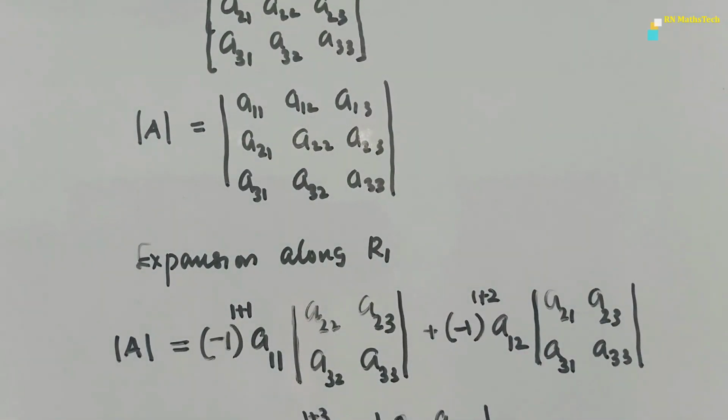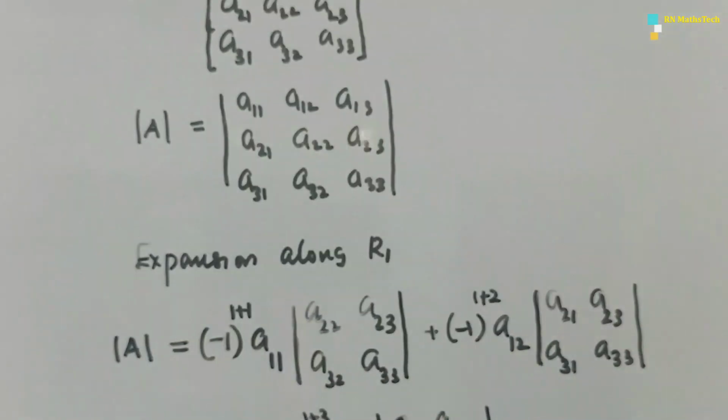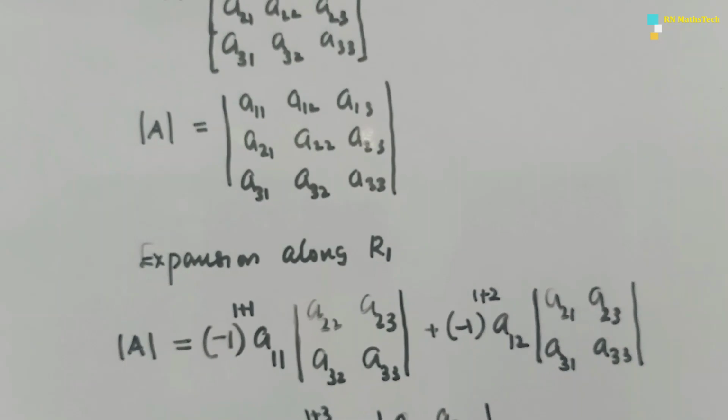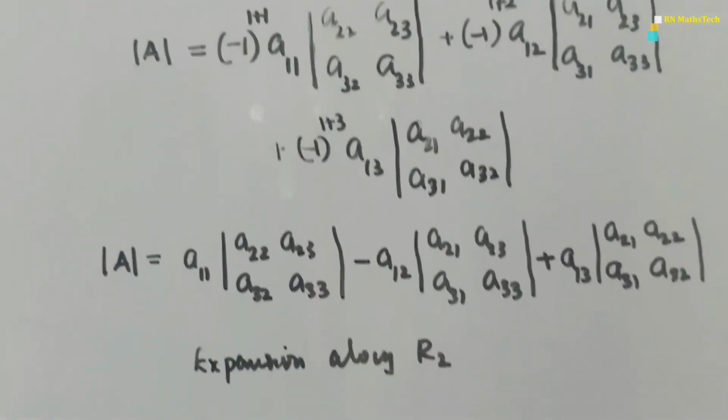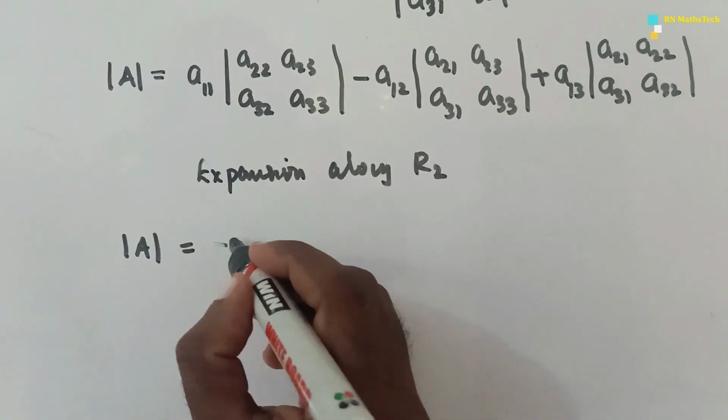So we have minus 1 raised to 2 plus 1, that forms a negative sign. So if you expand along R2, when we choose the first element A21, there is a negative sign. So negative A21